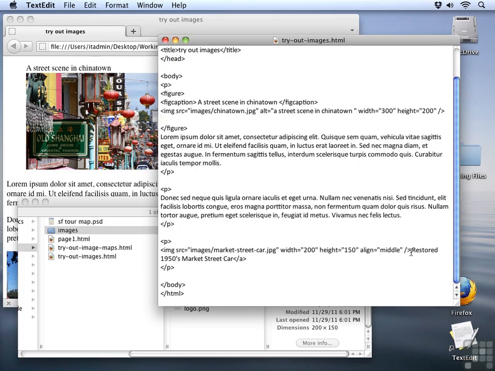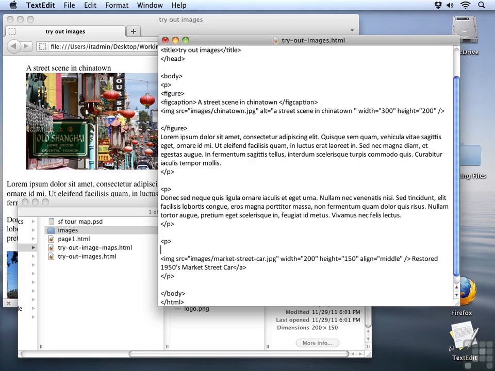All we need to do is surround that image tag with anchor tags. So let me go right above the paragraph here, and I'll start typing my anchor tag. It's A just like before, and in order for it to be a link, we need an href attribute. We'll use equals and quotes, and I'll simply link this to our page 1 HTML document that we have in the same folder. Of course, our anchor tag needs a close tag, so I'll add that right at the end